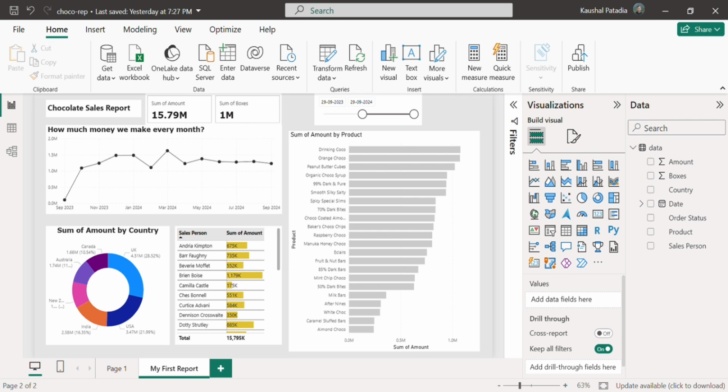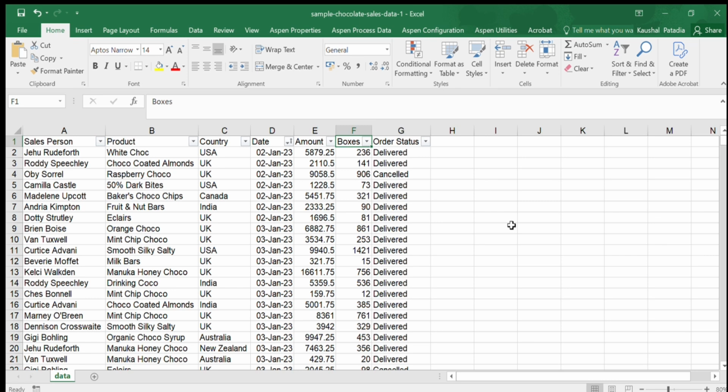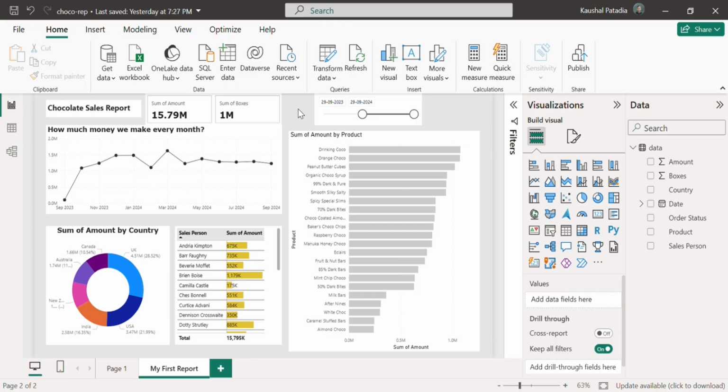Now I'm gonna show you my Power BI dashboard that I've created from this Excel sheet. I've taken this data from kaggle.com. It includes salesperson information, product, country, date, amount, boxes and order status information. I inserted this data into Power BI and added some visualizations. Here's my chocolate sales